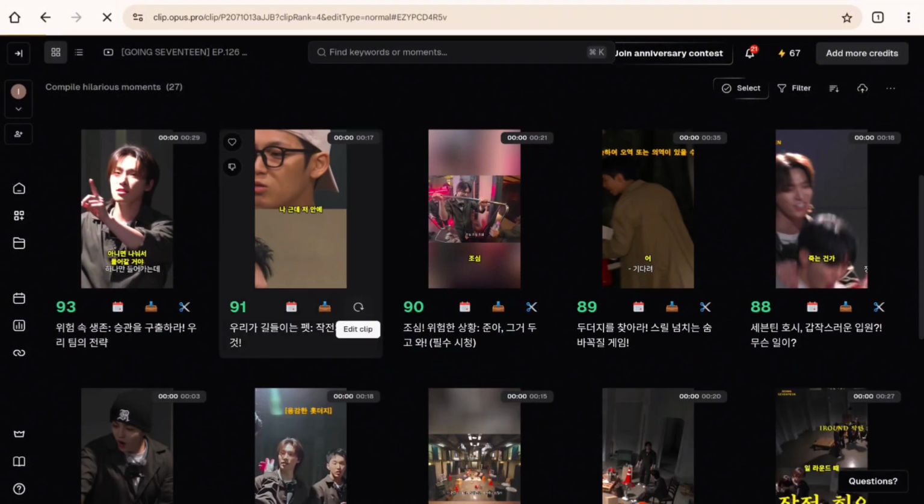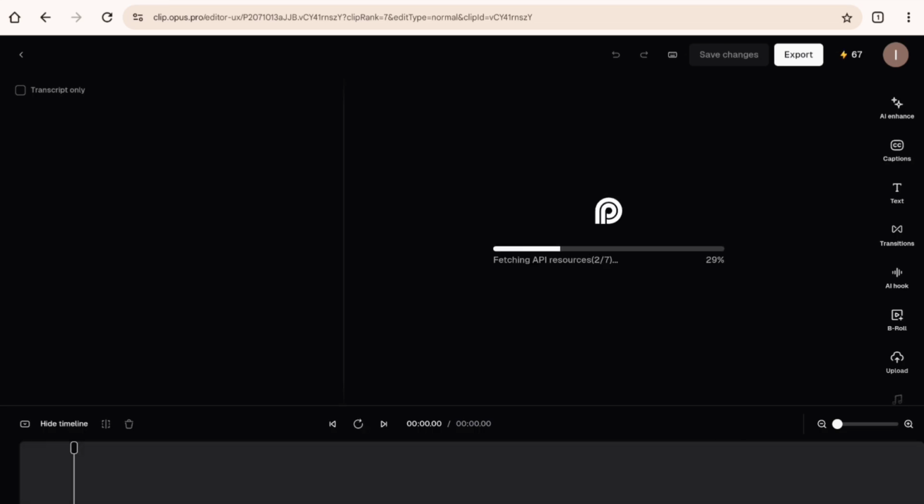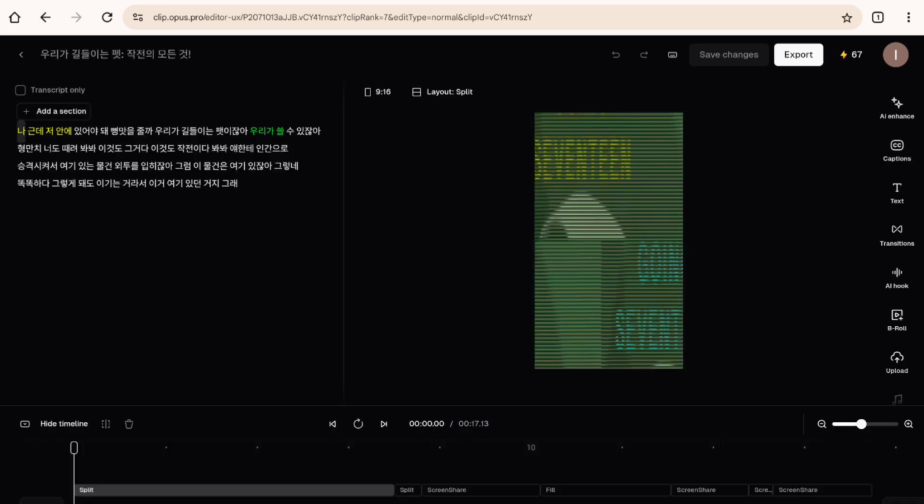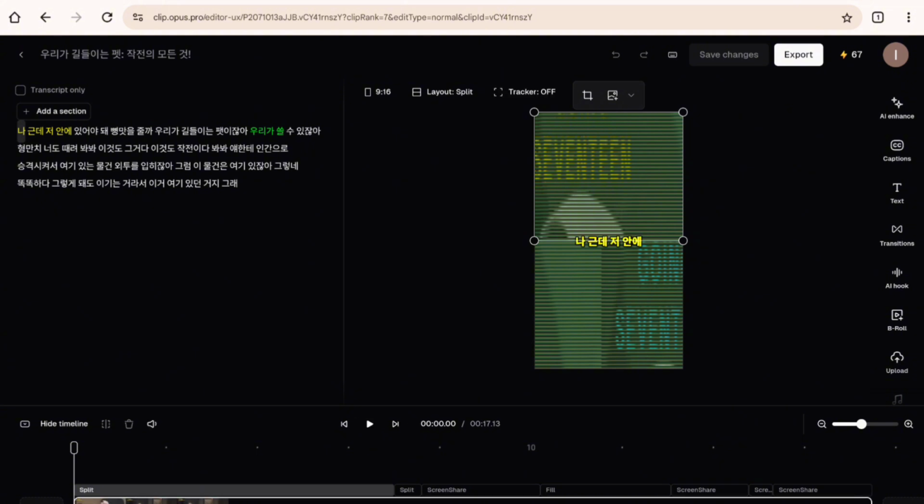Then select a clip that you want to add music to and click on that sister icon at the bottom right of that clip. Once you're on the clip, you'll be able to find the tools section at the right side of your screen. In here, just scroll down and look for that music icon